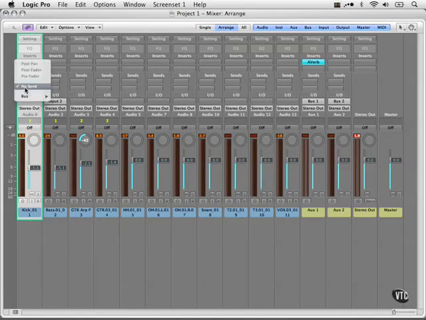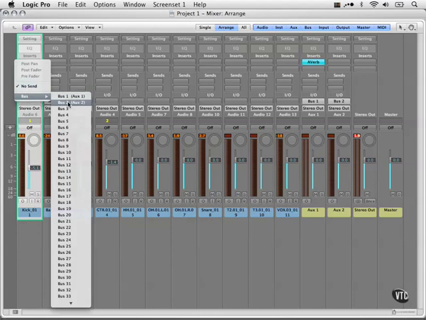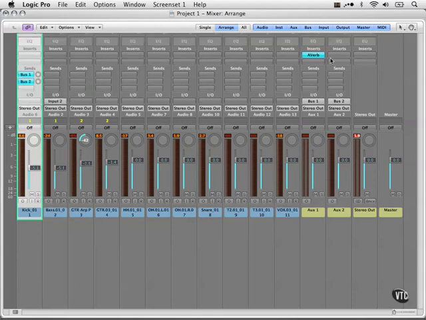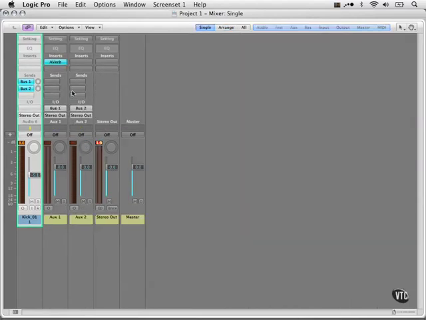Now we could do something here. We could actually add a second bus. Now we've got one going to bus 1 and bus 2 on these auxiliary channels. And let's click single for that. You'll see that they both show up now. So this is your way to see exactly where this channel is going to.